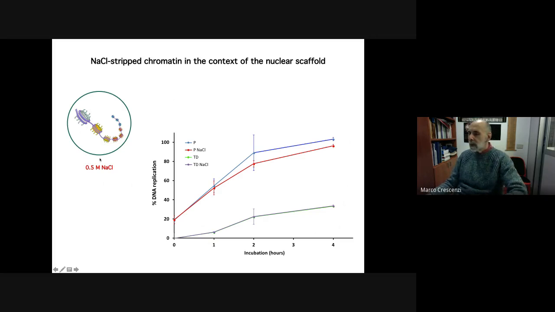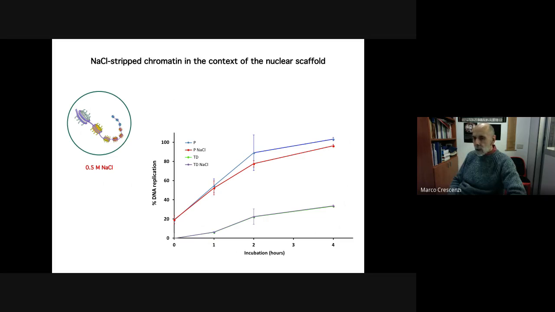So we know that with or without sodium chloride treatment, the incomplete DNA replication is conserved. But we still had the nucleosomes within the nuclear scaffold, even though I doubt they retain the original position in the nuclear scaffold. But anyway, we still have the nuclear scaffold around, that is the insoluble protein that makes up the skeleton, let's say, of the nucleus. And we don't know whether the nuclear scaffold is involved or not in determining incomplete DNA